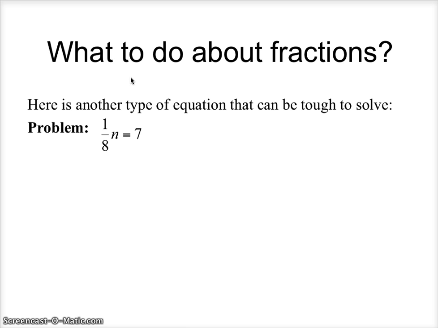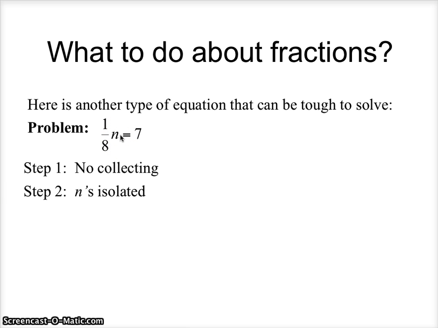Let's go through our first step. So the first step is still collecting, and in this case, I don't have anything to collect. There's nothing there. Because there's nothing there, I don't have anything to isolate either. So we can really focus our time on step 3, which is just 1n. Now, I'm going to show you what it is that I'm going to have you do, and then I'll explain why it works. So what we have here is our fraction, 1/8 n equals 7,